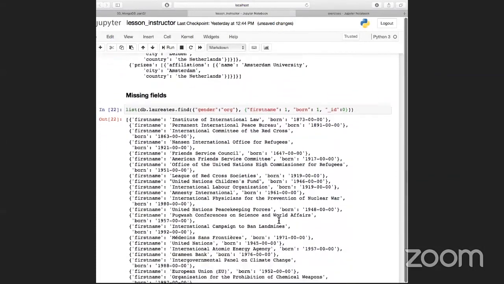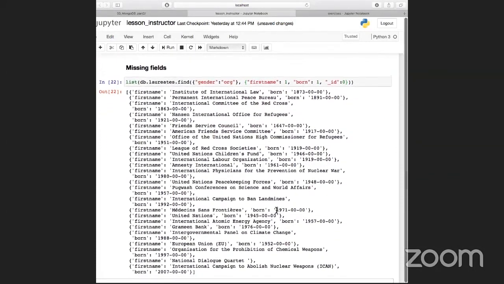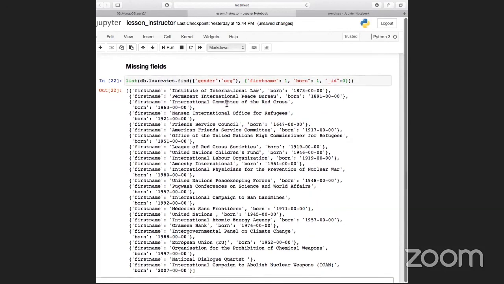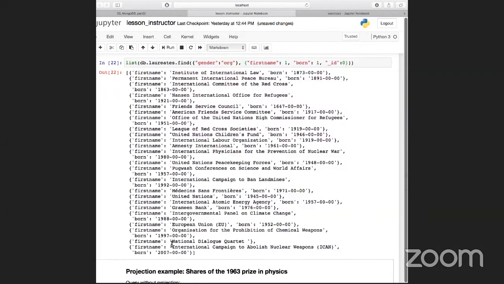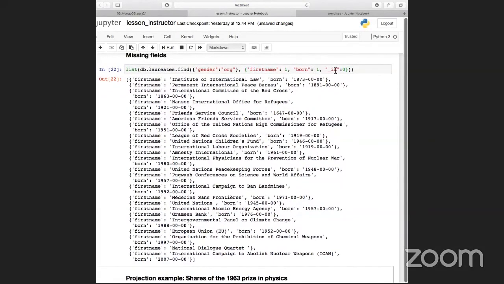And now if we look at the resulting list, we're going to see the Institute of International Law, Committee of Red Cross, and for almost all of them, they have both a first name and a born date, the year in most cases that the organization was established. However, for the National Dialogue Quartet, we don't see a born date. And by using a projection like this, even when you have an entry that might be missing a given data field, it's not going to throw an error,